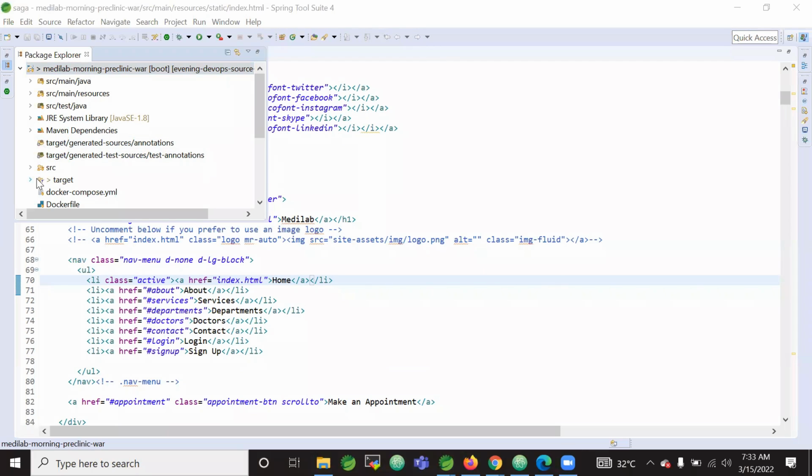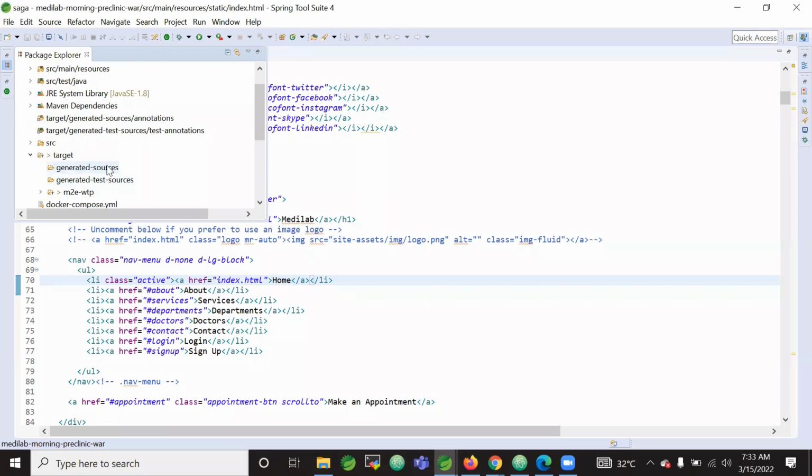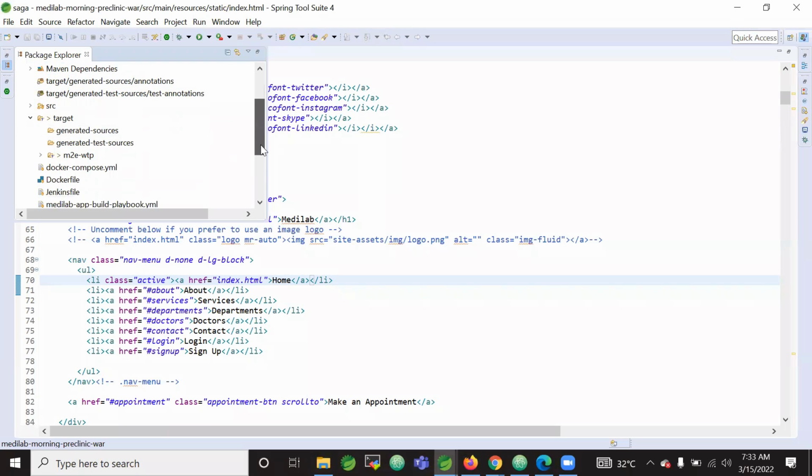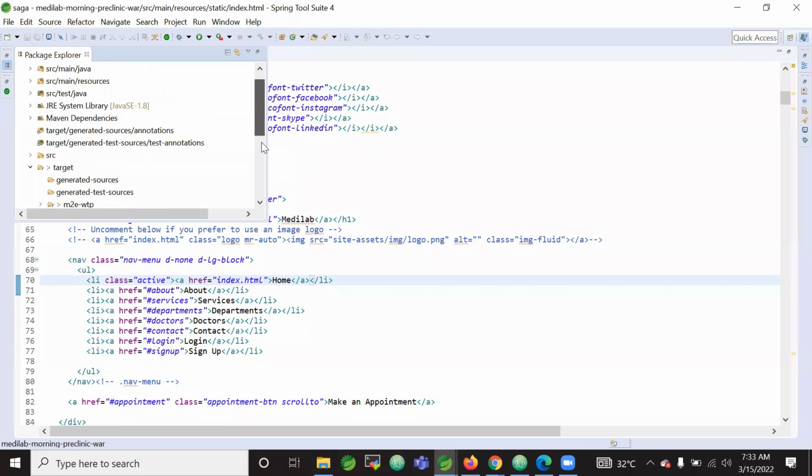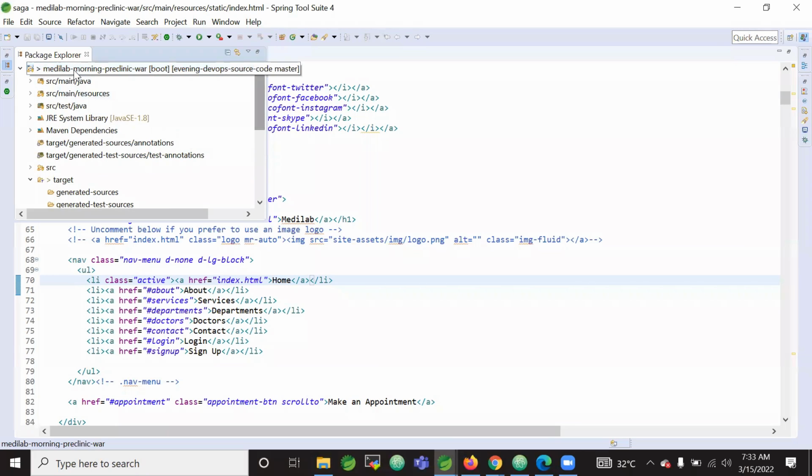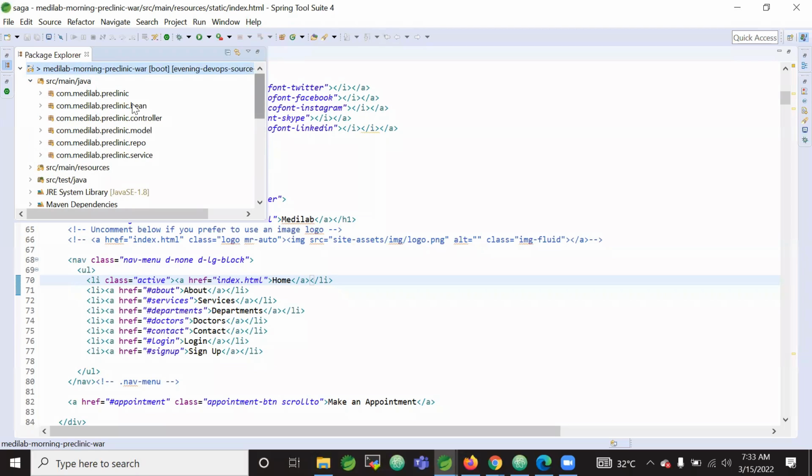Okay. Now see the target here. Here we will implement and get the target as a WAR file. Here we will get the application target as a WAR file. So that WAR file contains